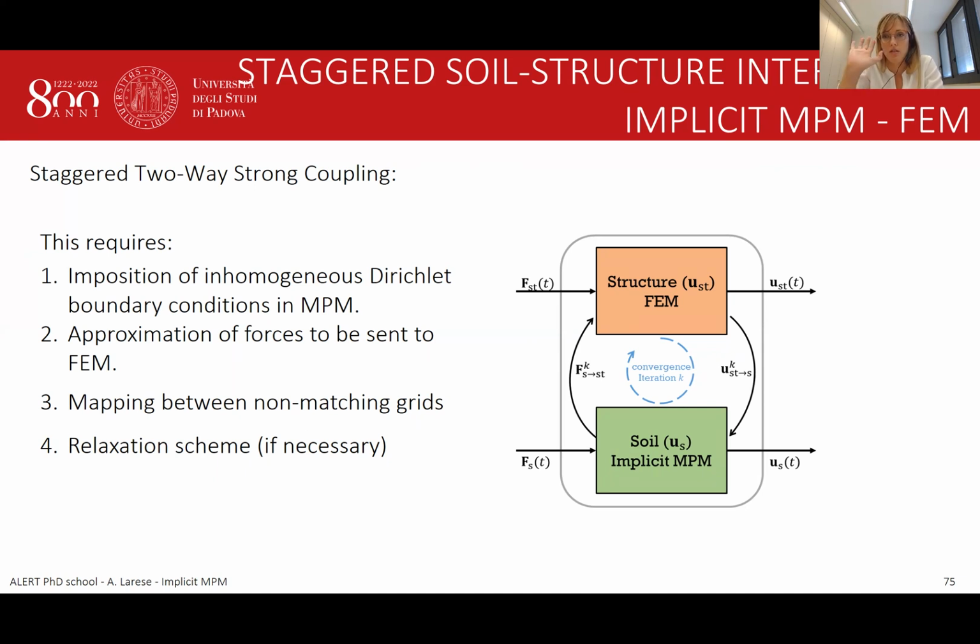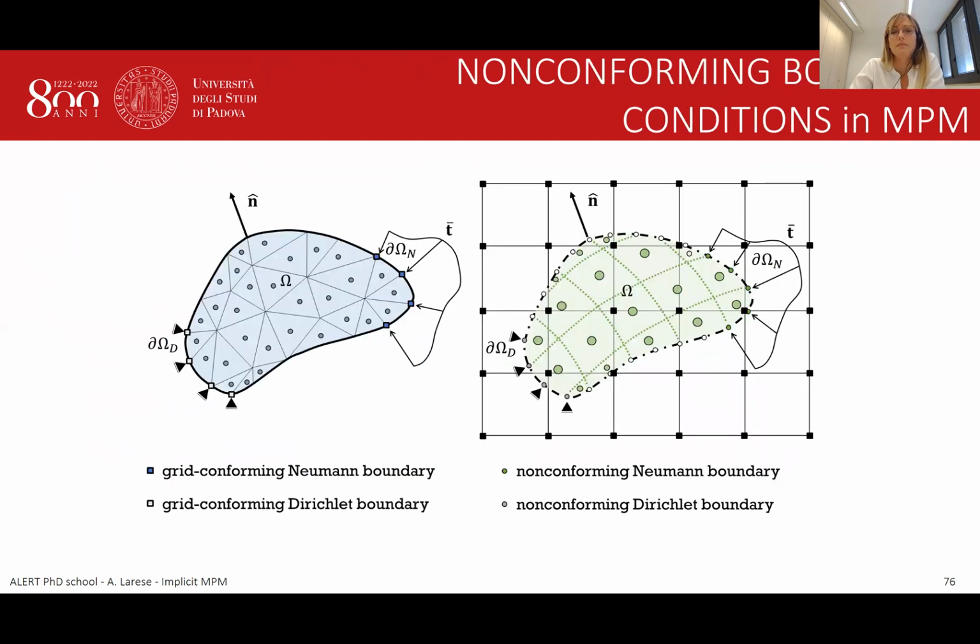If you're thinking of a structure discretized in FEM, this doesn't mean that the structure has a grid which is matching with our background grid, especially if the deformation of the structure is finite. So we also have the problem of passing information between two non-matching grids, which is an additional problem to be considered. It's not the same if we consider a structure in a finite element fashion, so in a grid-conforming fashion, in which we have clear boundaries with nodes where we can impose either Dirichlet or Neumann boundary conditions, forces or constraints, or if we are considering a body, an MPM body, on top of a